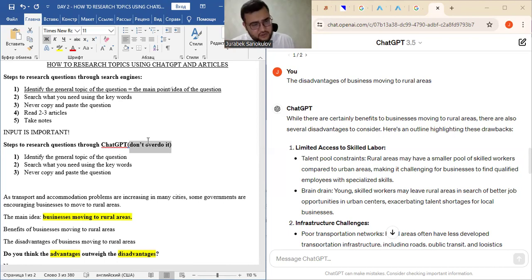Because when you use ChatGPT to research your topics, it's easy. You're not doing a lot of things. And there's a chance that you may become dependent on using ChatGPT. Because it's easy, it's very accessible. It's just going to show what you need in seconds, like you just witnessed, right? So instead, I recommend that you read articles,